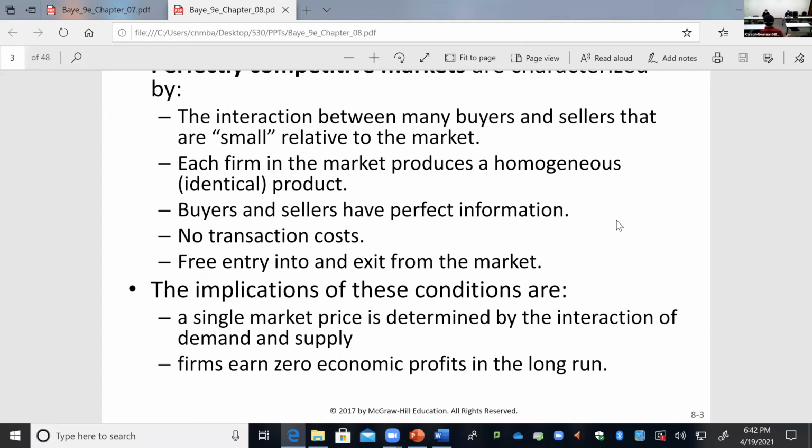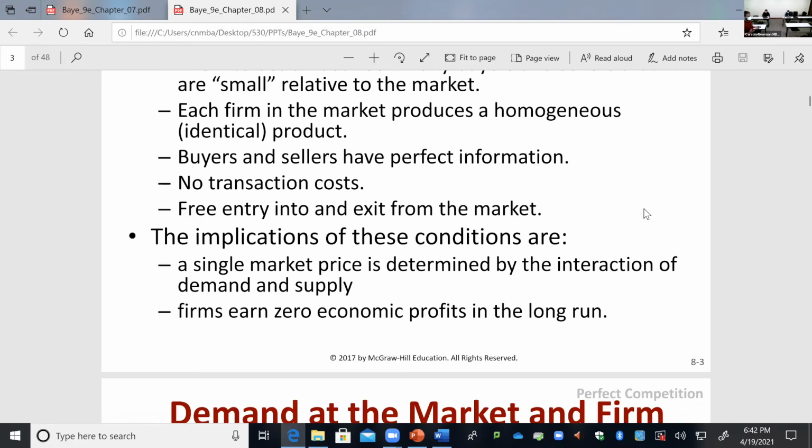You know, like at the farmer's market, there's nothing that gives one seller an advantage over the next guy. It's simple, there isn't much to being in that industry. No transaction costs. If there are transaction costs, that actually makes the industry not competitive. Search, for example, if it costs you a lot to search